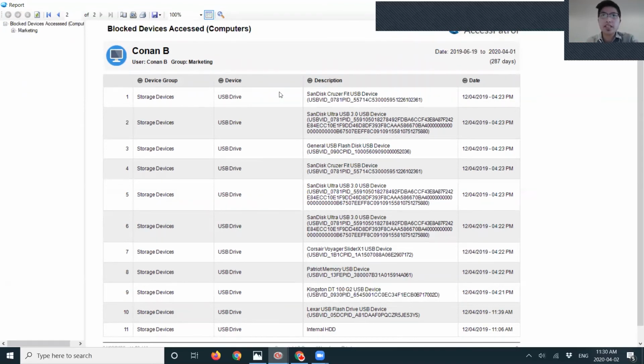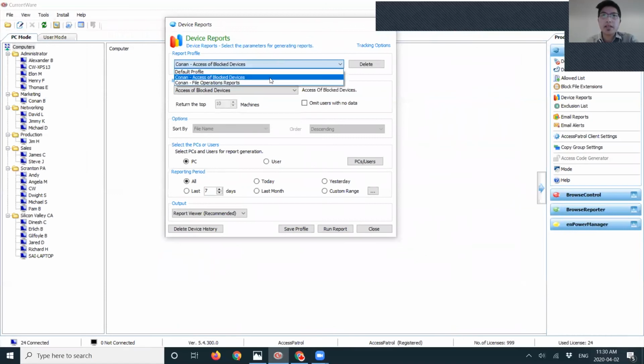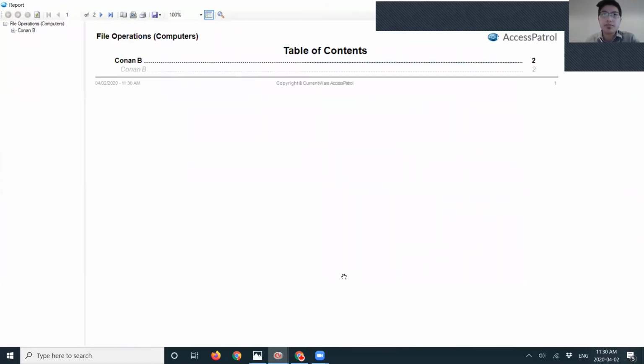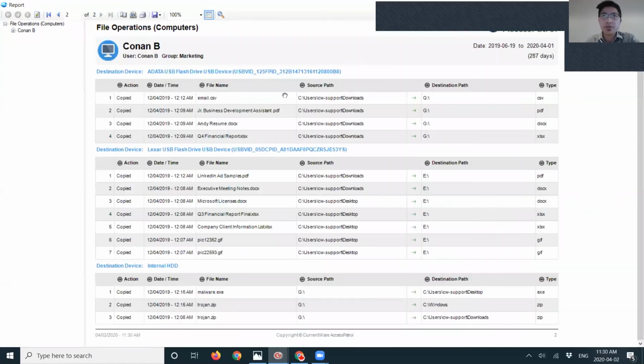Furthermore, you can take that report and run a different one that shows you what happens within those USB drives. So if Conan decides to copy files from that USB key to his computer, or the other way around, it could be a data leakage scenario where they're taking company information and copying it to a personal USB key. You will see that in this report.